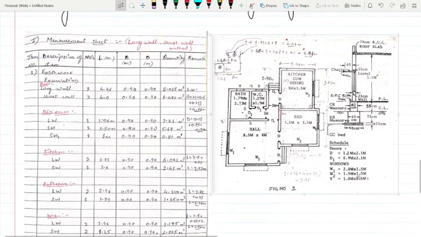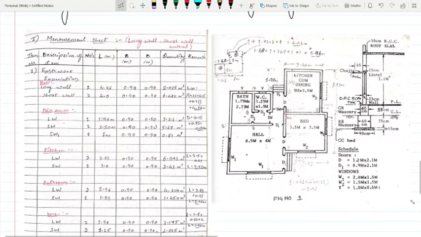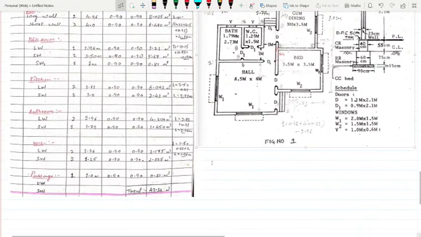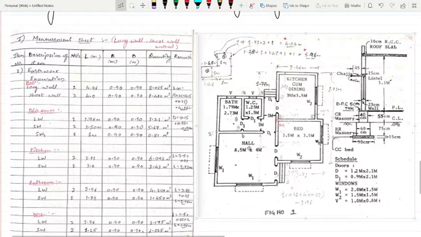Sorry, I am holding the mouse now, so I have to drop that. Now see, you have both ways here. Fine, so let's start. First, the measurement sheet. I told you what a measurement sheet is. Now, the first item is earthwork excavation. Always earthwork excavation is our first quantity.